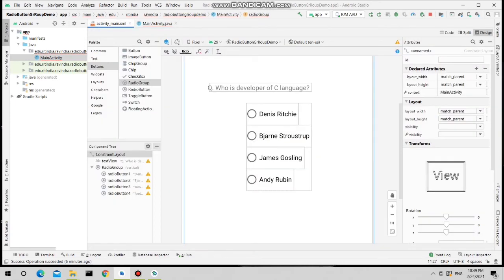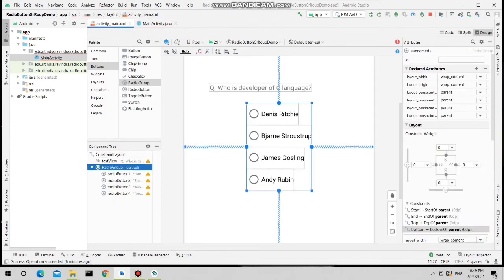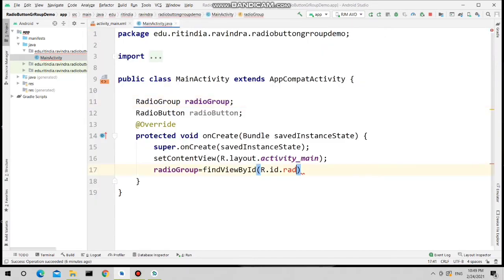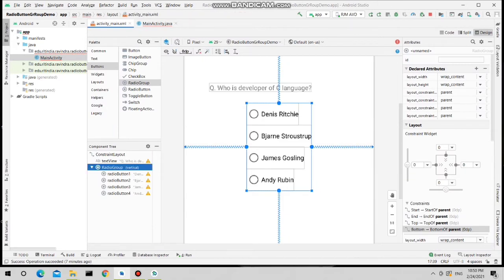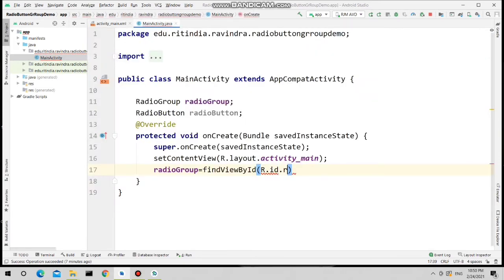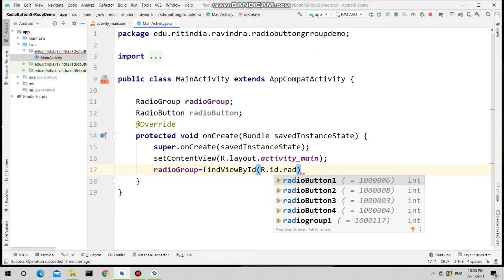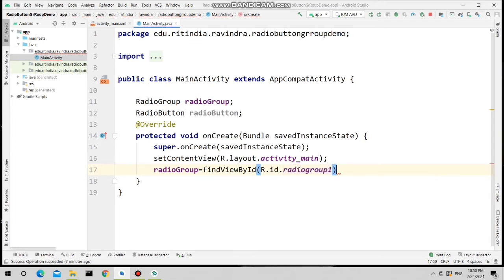So just check what is the ID of the radio group. It's a RadioGroup, capital R. So you can just set here radio group 1 as the ID. So this is the ID for the radio group.